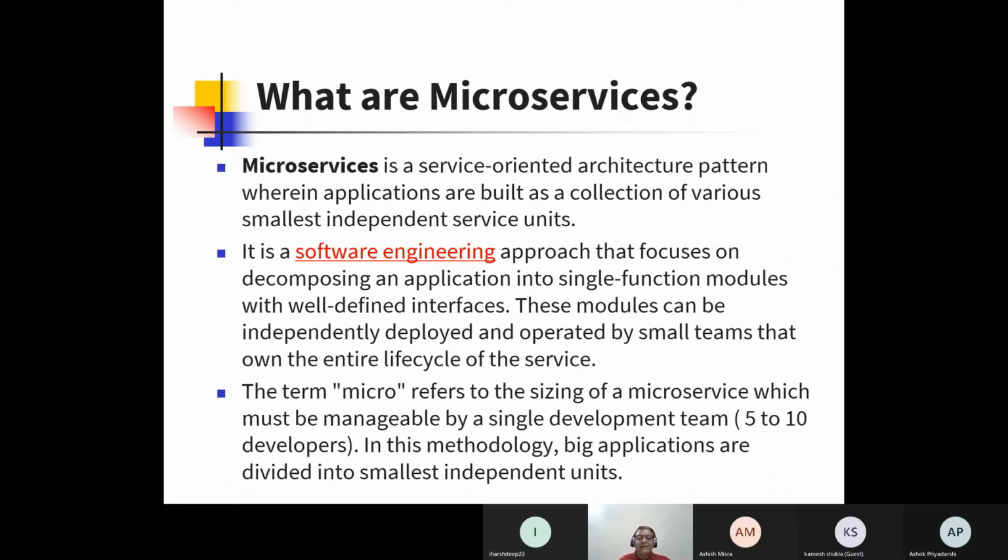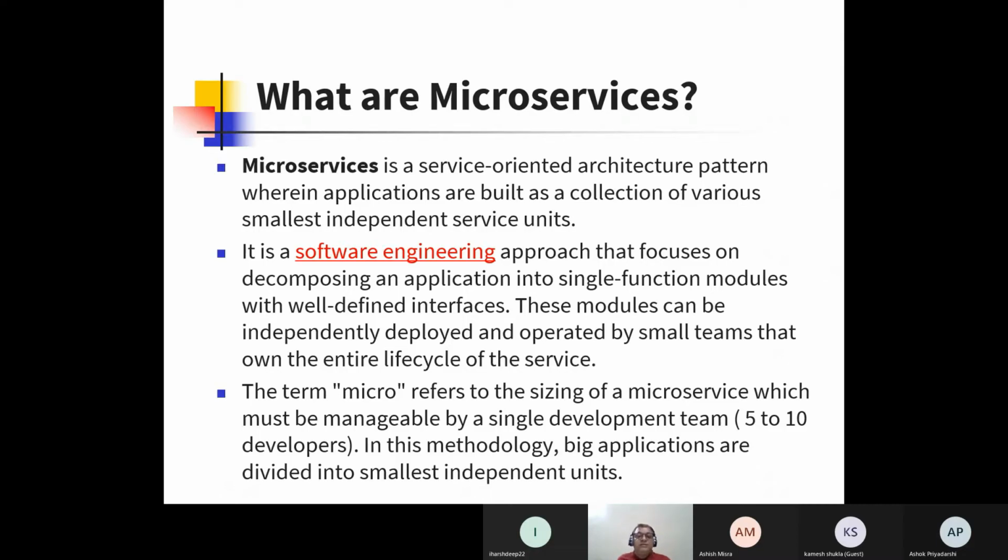So the advantage is, because the size of applications becomes smaller, their maintenance and updates are easier, and they can be separately developed by individual programmers and then integrated. That's it. We just need to have a user interface, a common frame, where I just give requests to every individual service and get back the result.